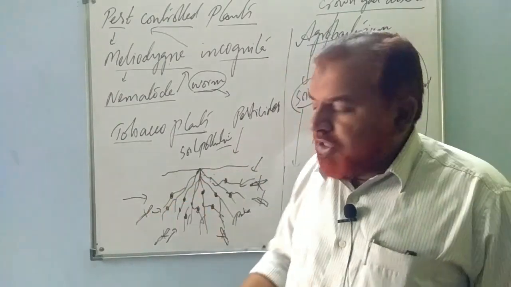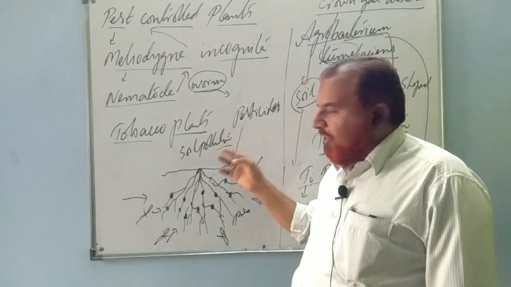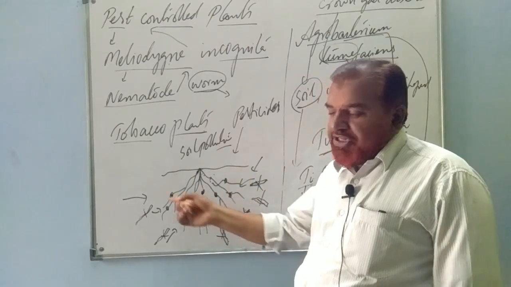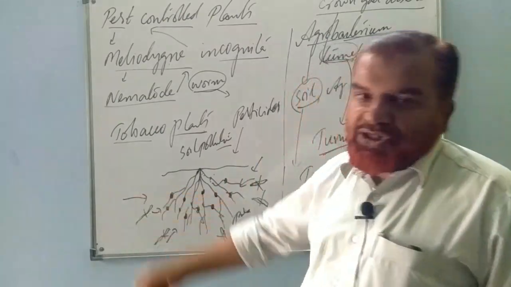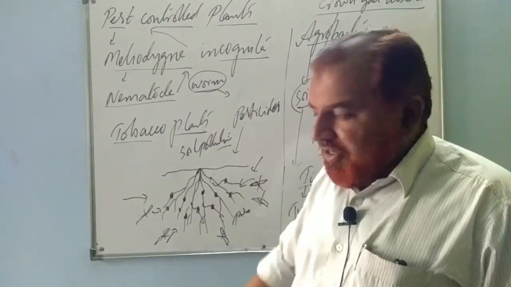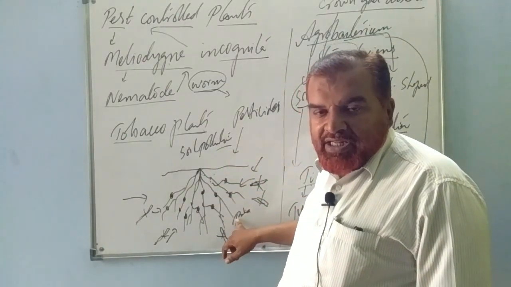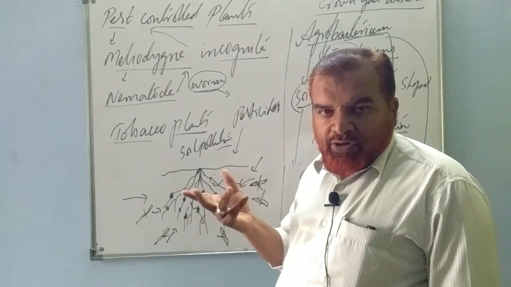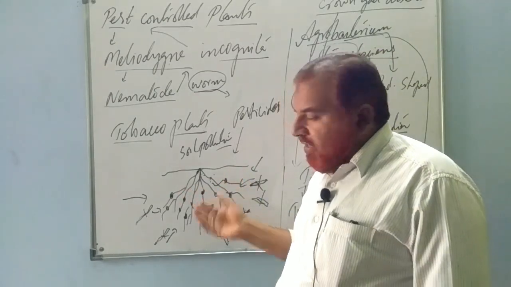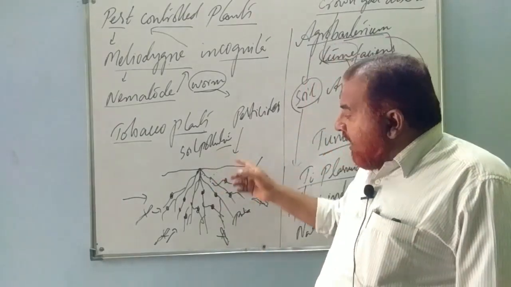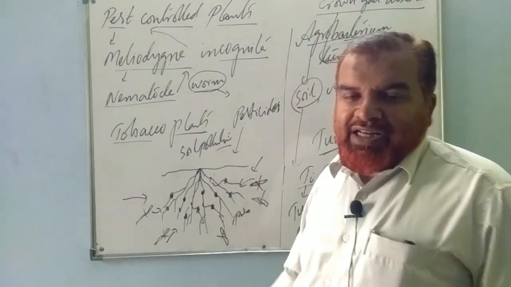Now how to overcome this? Many pesticides are used, but these pesticides are soil pollutants. They also affect the beneficial microorganisms present in the soil, which are used as biofertilizers. It causes soil pollution and kills the other microflora present in the soil, in the phylloplane and the rhizoplane, the beneficial microorganisms in the root. They also affect the roots and kill many useful insects.